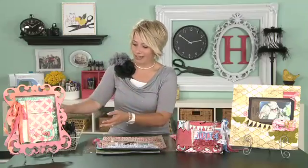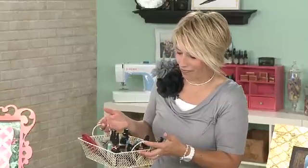And today I want to talk about one of my very favorite things, and that is using Glimmer Mist on my projects. I have found that I'm totally inspired by color. And so if the color of the paper or the color of whatever I'm working on is not just right, I feel like it just doesn't flow. And so that is the magic of the Glimmer Mist, because you can just buy up the colors that you love the most. I just brought a few of my favorites here from home, and you can make it whatever color you want. Whether you're misting fabric, ribbon, paper, wood, it all mists, and it's washable, which is a good